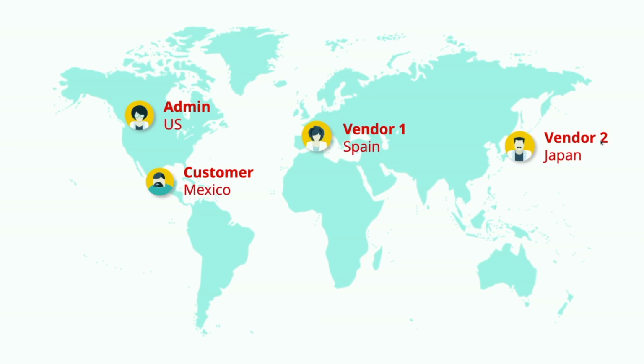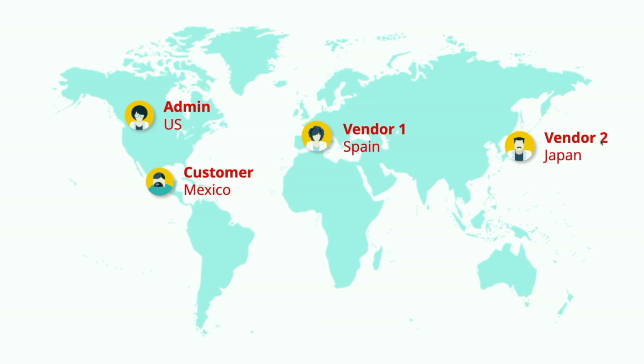All right, first up is localization. Within Zoho Creator, localization is just the adaptation of your application to meet the language needs of your users. In other words, your Creator applications support multiple translations, multiple languages, and that's really cool because if you have a situation like this, where you've got an admin in the US, a customer in Mexico, a vendor in Japan, a vendor in Spain, it'd be great if they're all using one application and can simply use it in the language that they prefer. Business is going to run much more smoothly.